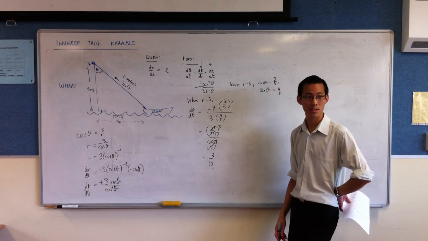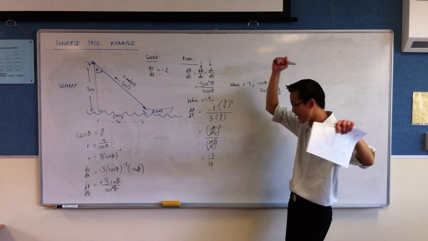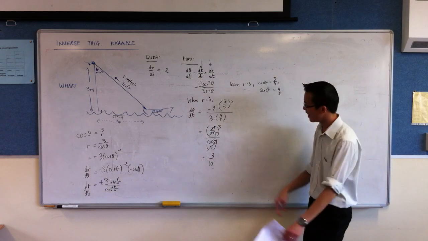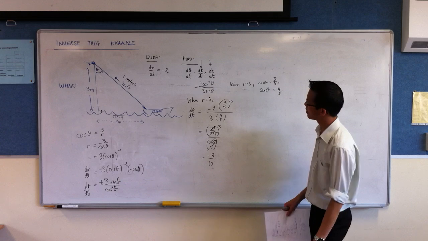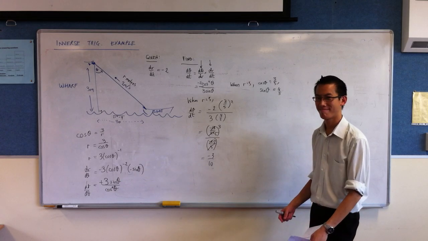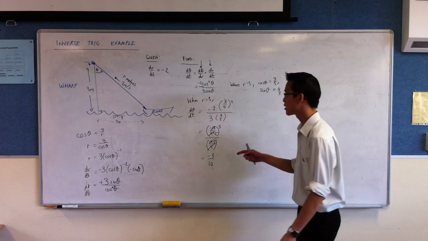Yes, no, I'm not there yet. It's okay. Hooray, great, our numbers. Now, minus 3 over 10, that was the question. Now, by the way, what are the units? Radians per